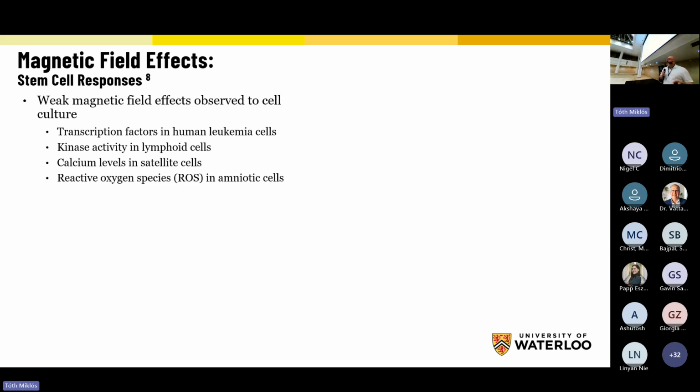Now, this is interesting because reactive oxygen species is a different beast than cryptochrome. Up to this point, we've talked about weak magnetic field effects that are primarily centered on one candidate protein, the cryptochrome molecule with its cofactor flavin adenine diphosphate. In this case, we're talking about a different molecule based on ROS. And this ties back to what we're interested in in my lab, based on damage caused by reactive oxygen species.